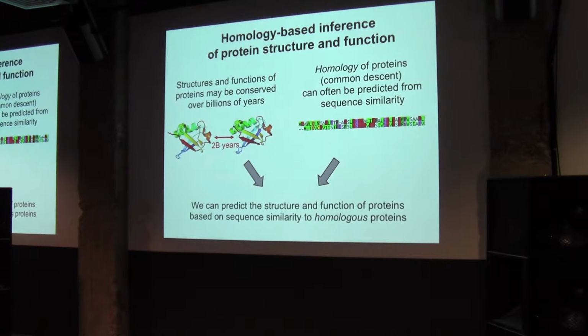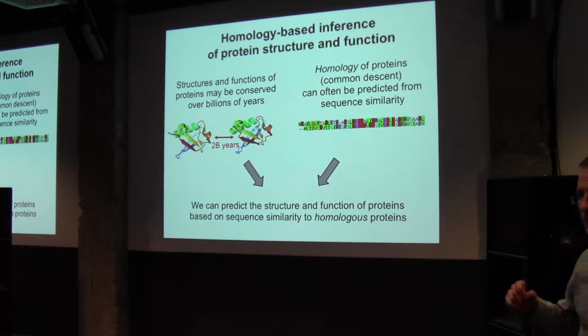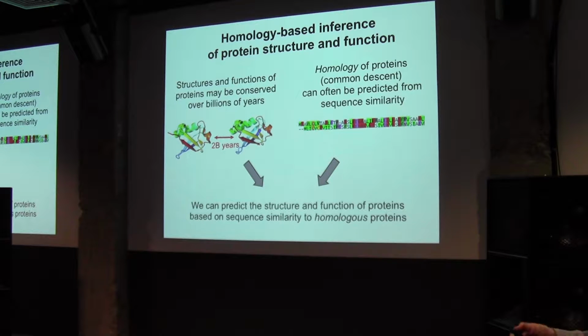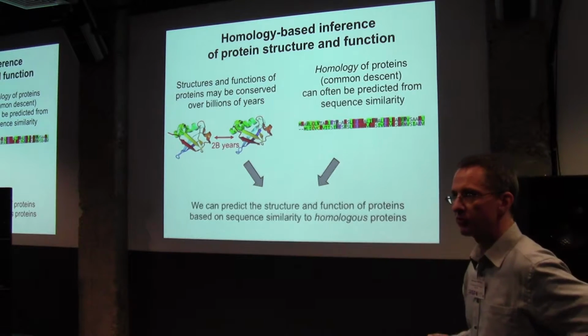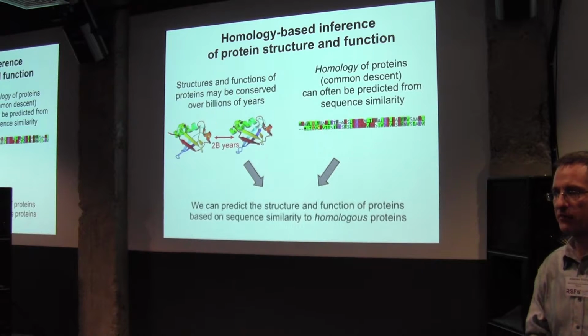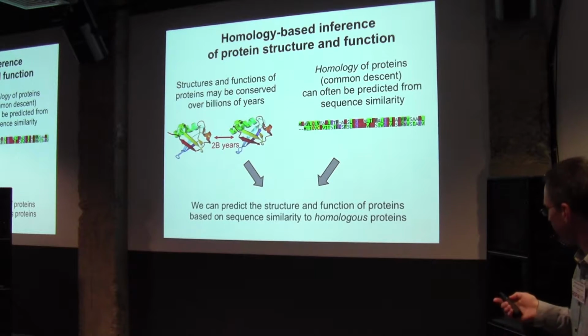One example is given here. This is ubiquitin from yeast and from humans. They are almost identical in structure, although the sequence is relatively diverged. But even SUMO, which is a functional paralog, you could say, of ubiquitin, still in structure has an RMSD of, I don't know, 3 or so angstroms. So it's still very, very similar, even though it doesn't even have the same function, and is present in both yeast and in humans.